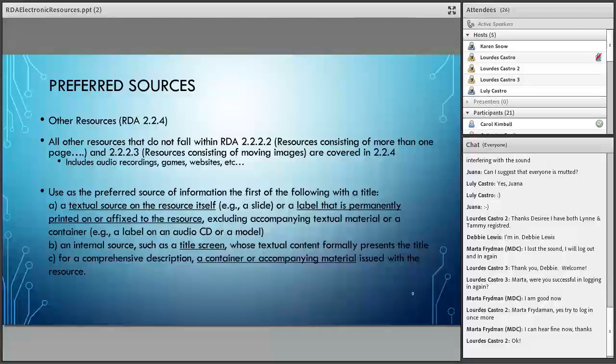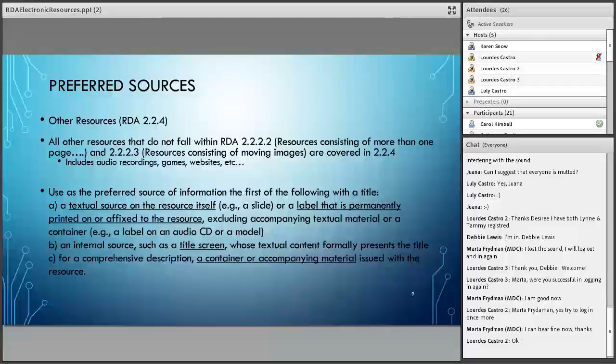And like I said, this is largely what's said in AACR2 as well for these types of resources. But one thing that I did notice that was, in my mind, a glaring omission was the fact that under AACR2, it lists out these preferred sources of information, but then says you can also just choose the one that has the most complete information and just use that first. Whereas in RDA, it doesn't say that. It just says use, in this order, these are the preferred sources of information.